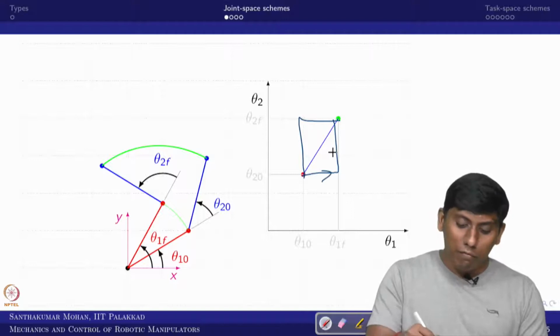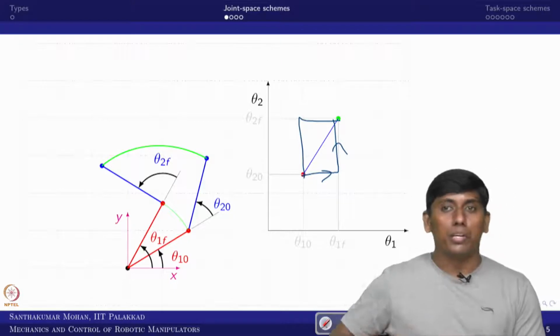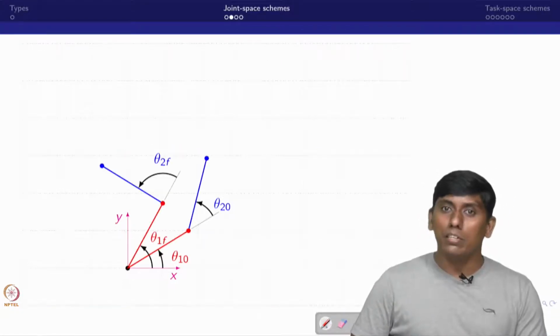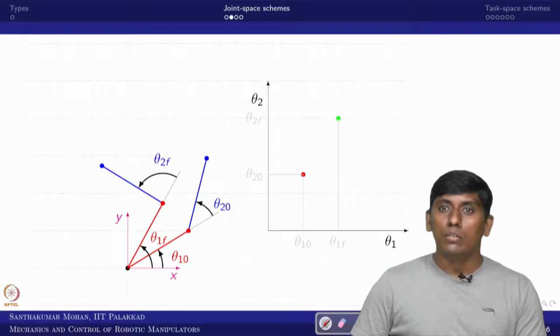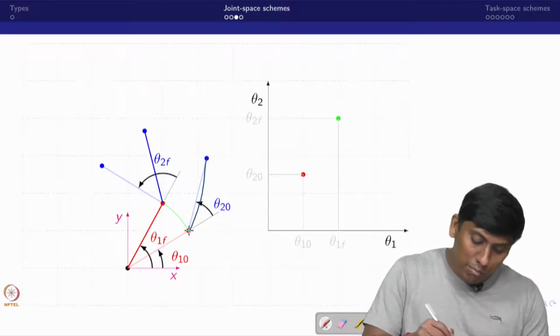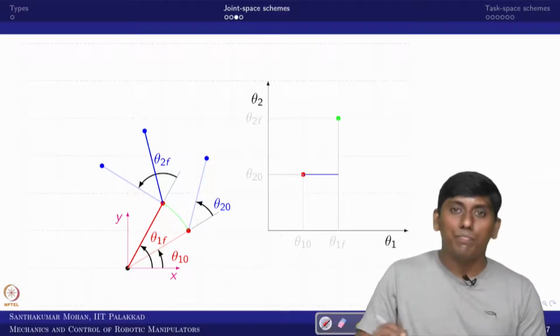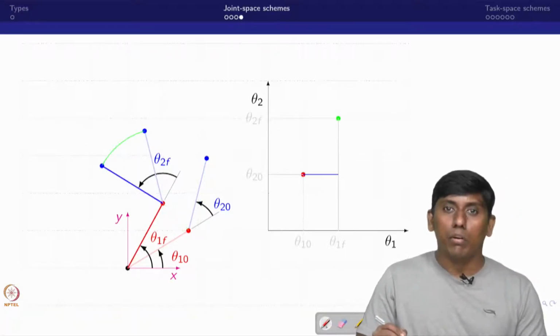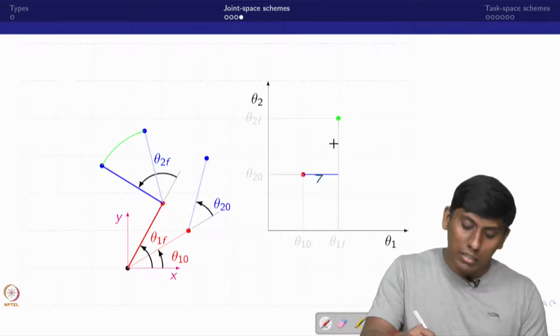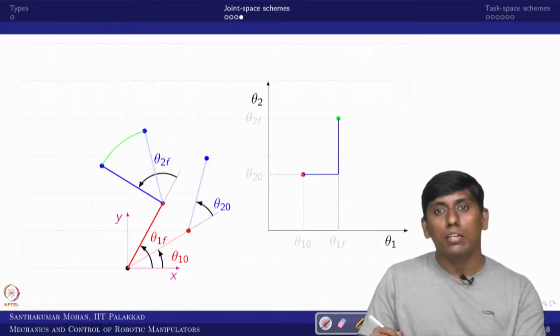We will take this as the first one, where the first link or first joint rotates, then the second joint rotates like that. In the sense, we take the same condition. These are the initial and final positions, but first we rotate joint one. This one remains, so just rotate, you can see. Then we will rotate this. So this is the first segment and this is the second segment. This is what we call the sequence joint space scheme.